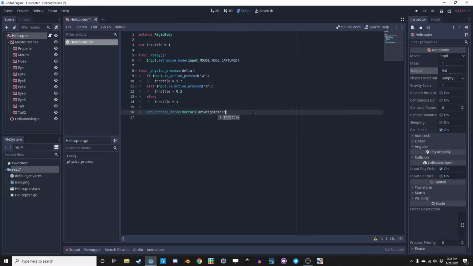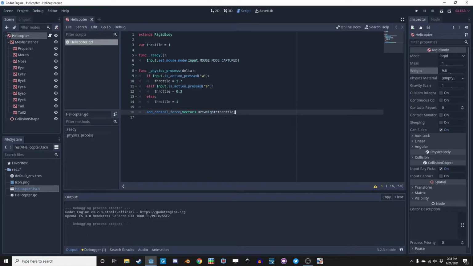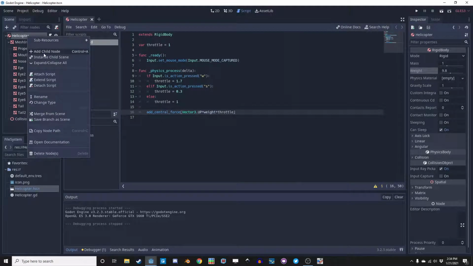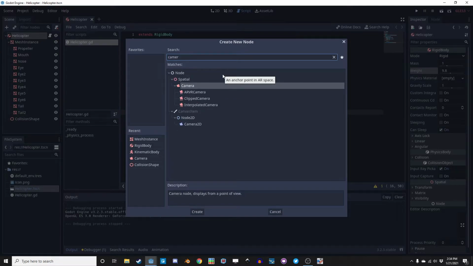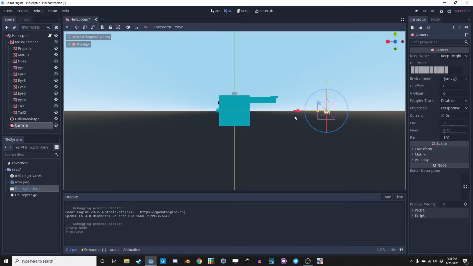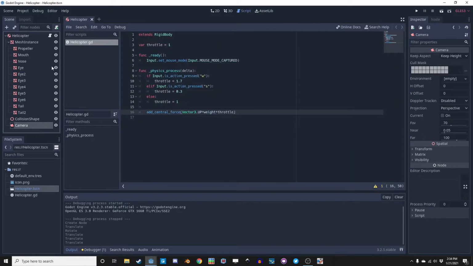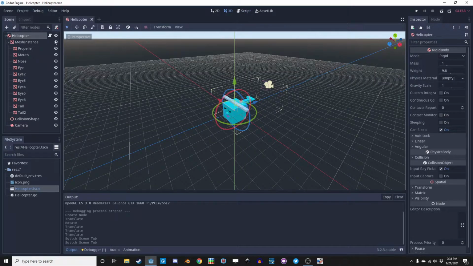Now, we want to add throttle to this function so that the player has control over how much upward force is applied. So, if we run this code, so we forgot to add a camera. Yeah, that's important. It lets you see what's going on. Alright, drag the camera, click preview to make sure that looks okay. Oh, yeah, the camera still isn't very helpful because we don't have anything to reference it against. If we hit play now, it'll just look like, you know,